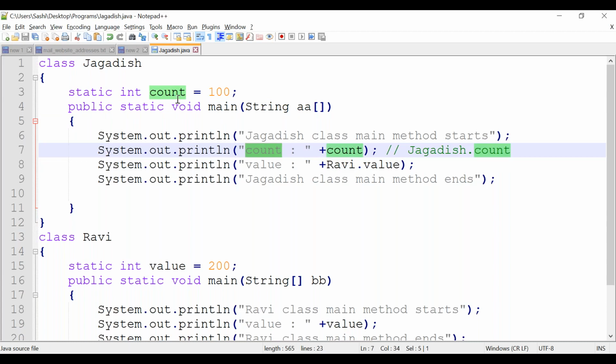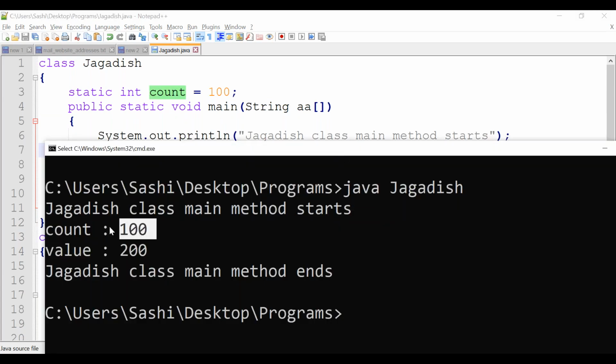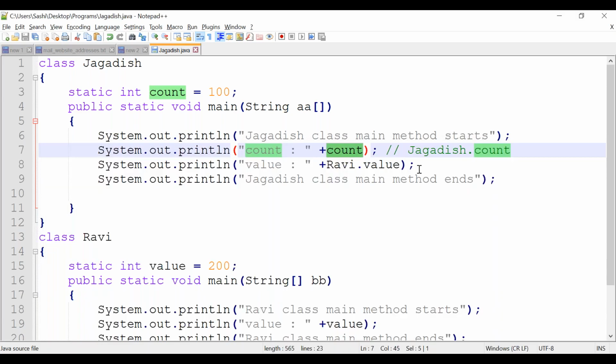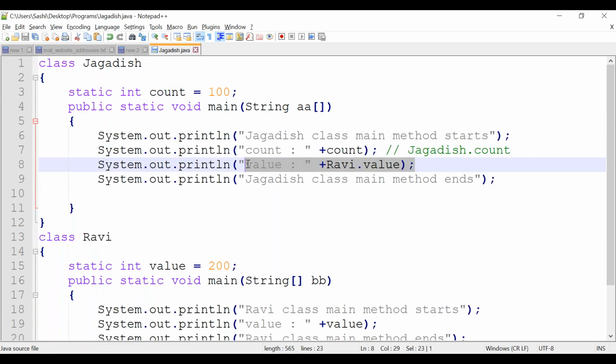Count value is from the same class only, and you are getting 100. What about value? Value does not belong to the Jagdish class. Value belongs to the Ravi class, another class.